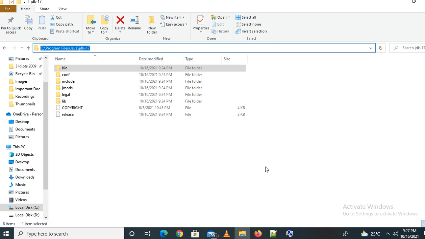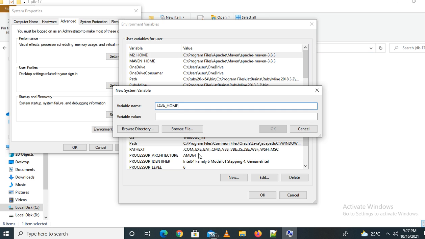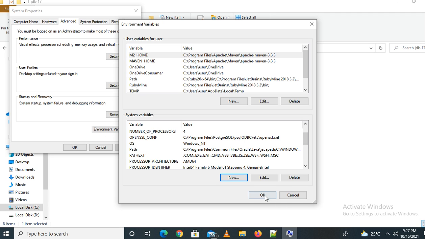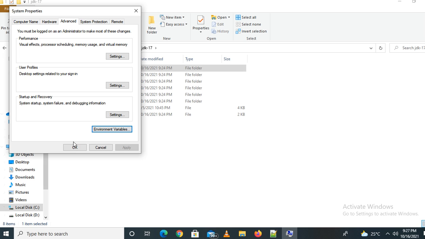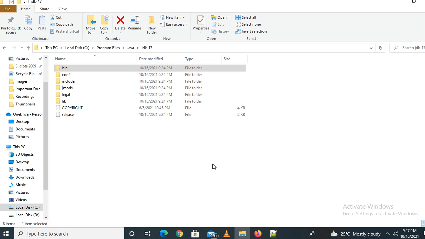Control C. Paste the variable value as C program files Java JDK 17. Click on the OK button, then OK, then OK again. Now our system has been configured with the Java JDK path.